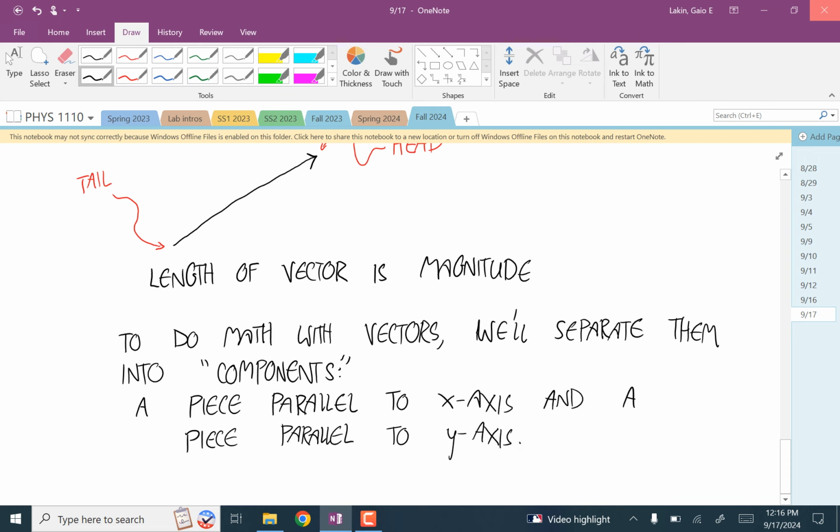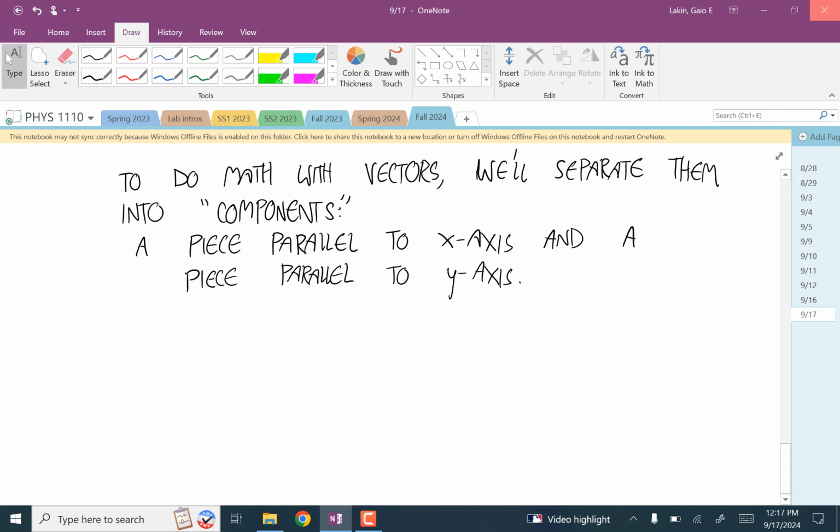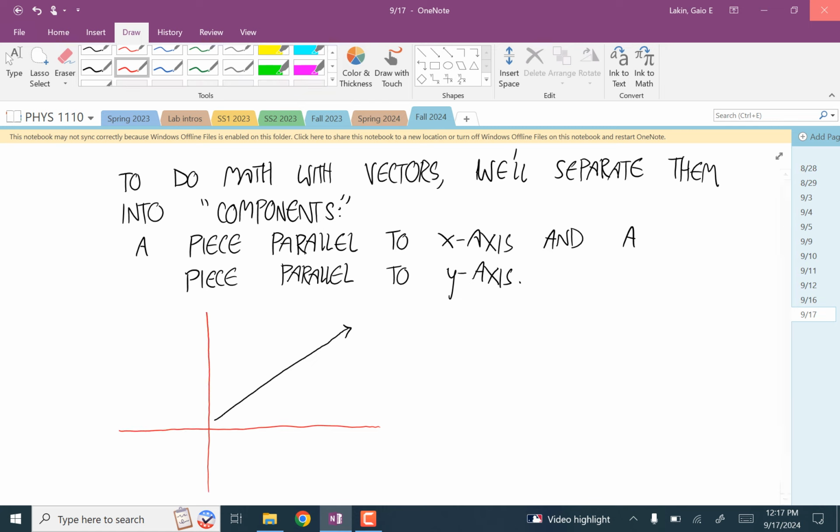Okay, so for example, if we have a vector like this, and our coordinate system is this,